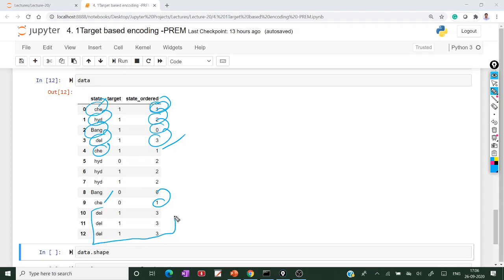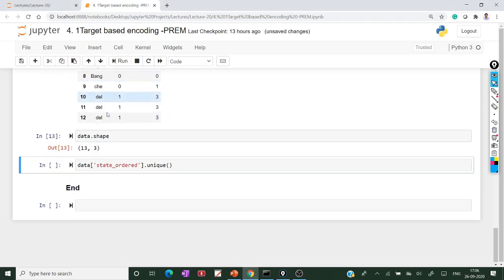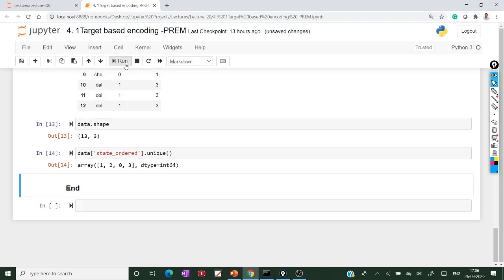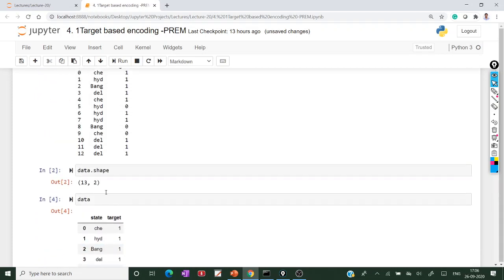So instead of this state feature, the categorical variable that has different labels, we are taking the target-based encoding values. Based on these values, you feed them to the model. Now this is the data shape, 13 rows, 3 columns. So this is the target-based encoding technique.